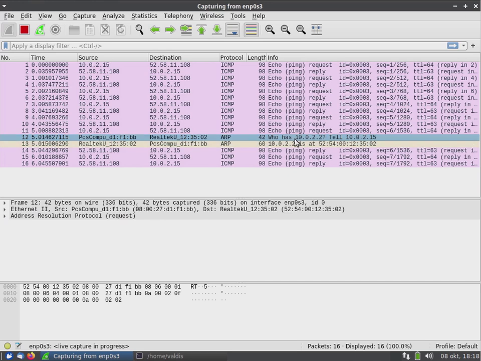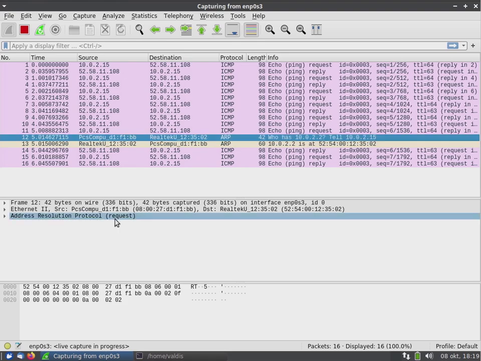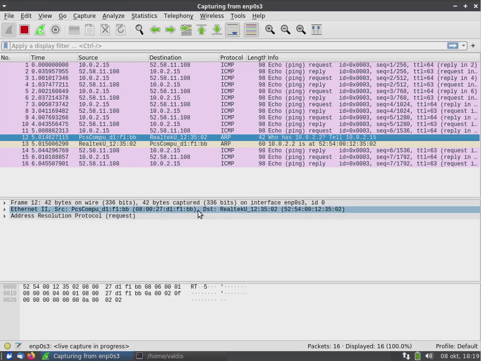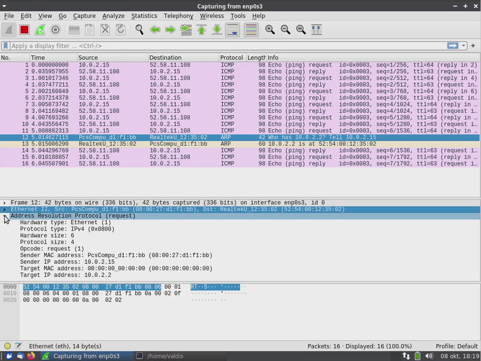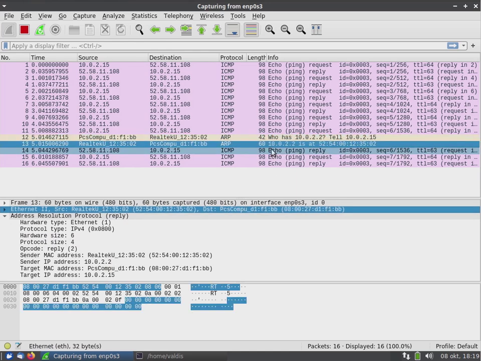So if it needs to send some information to an IP address and there is no link already known for what MAC address this IP address has, then it sends yet another Ethernet frame here, which says who has IP address 10.0.2.2, and then somebody answers that IP address 10.0.2.2 has MAC address, or Ethernet address, 52.54.00.12 and so on.